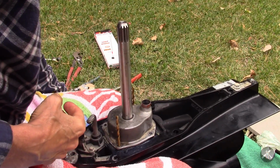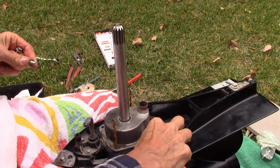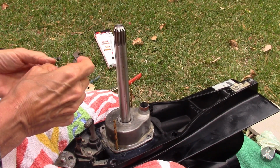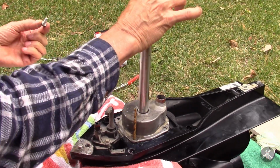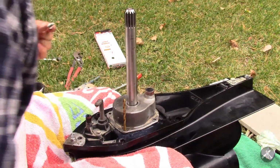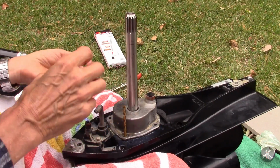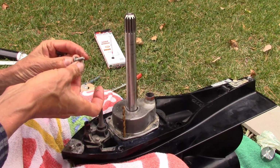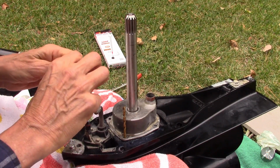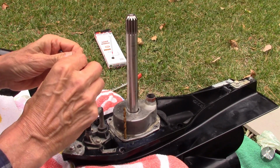And then we can take the screws, and I'm going to lubricate the threads just a little. It does not indicate in the manual that you should Loctite these bolts or anything. So I'm going to put just a little bit of something on the threads for, I'll say, corrosion protection into the aluminum. I think the bolts are stainless, but